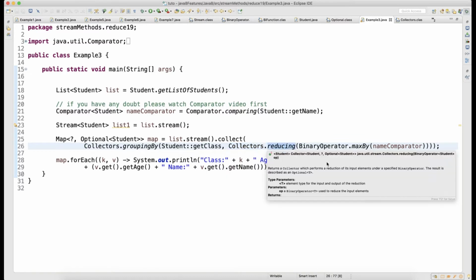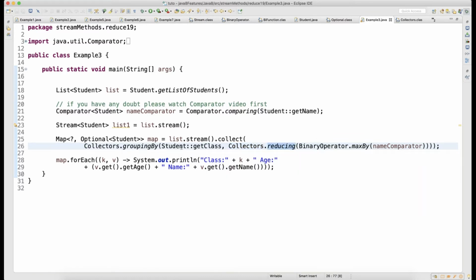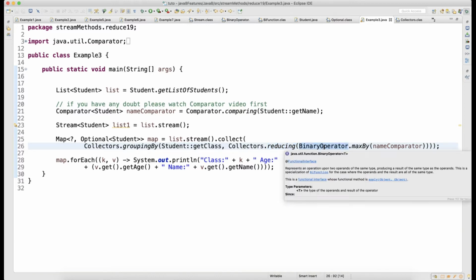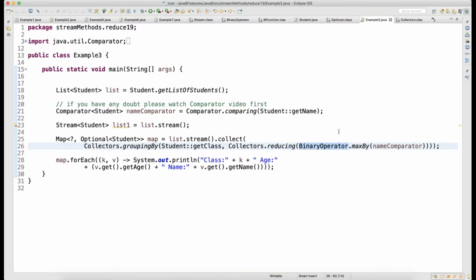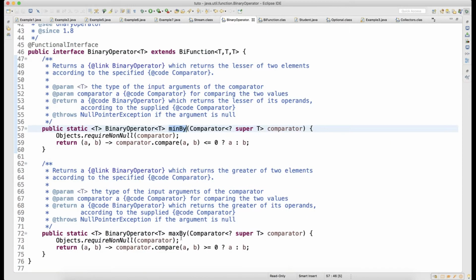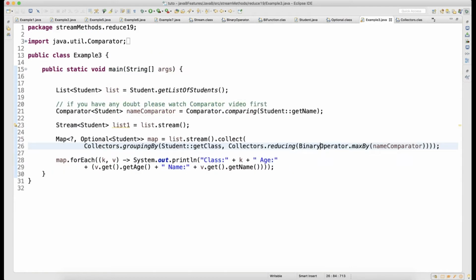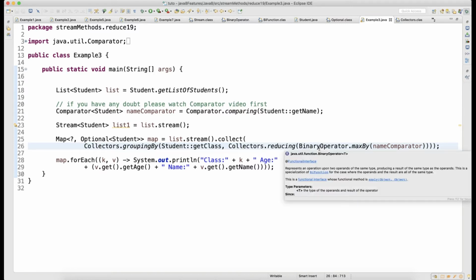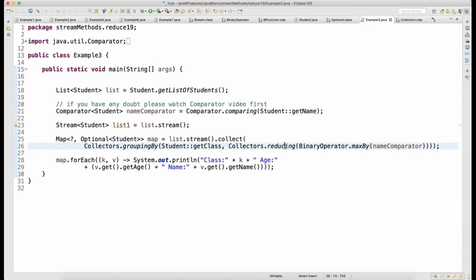So Collectors.reducing. Here I am using the reducing method. So inside this group by, you use Collectors.reducing. Okay, and then we know that BinaryOperator has a method called maxBy, right? We have seen that. Press control, click on BinaryOperator. You know that this has methods called minBy and maxBy. That is the reason I say do not miss any sequence of the video. You will get confused. But if you have watched in sequence, you will not get any confusion.